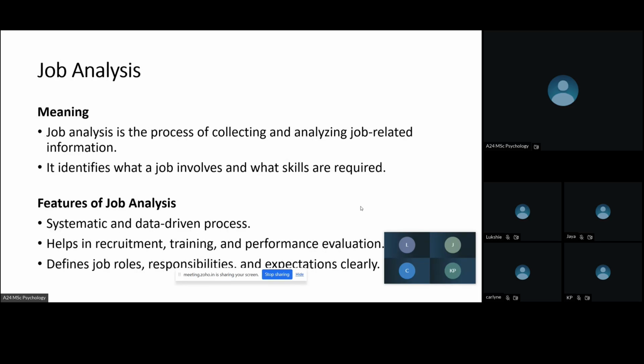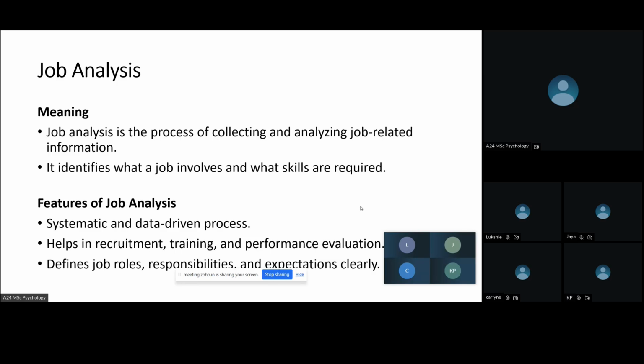Next, we are moving on to job analysis. This is the last topic in unit 1. Job analysis is nothing but collecting and analyzing the job related information. For example, if we need to post a job ad for some role, we need to make sure the job is being analyzed correctly, and we are collecting all the information about the job, like when they need to log in, or how many hours of work they need to do per day,